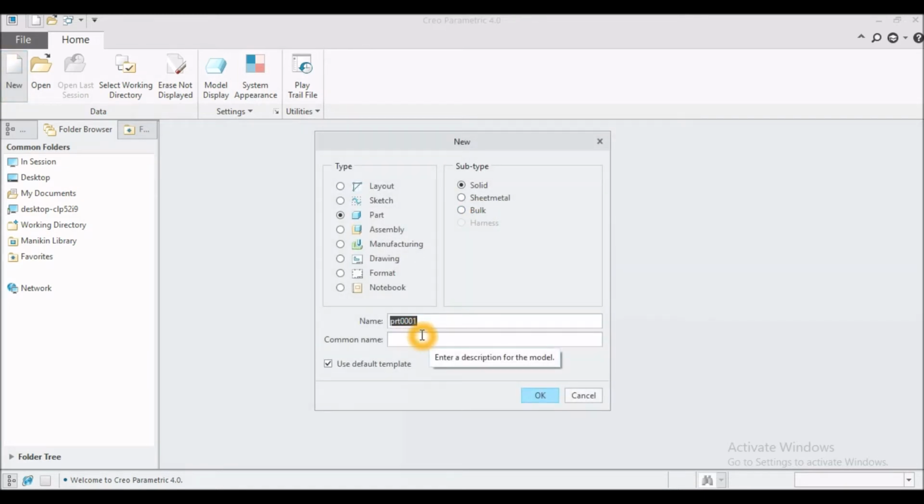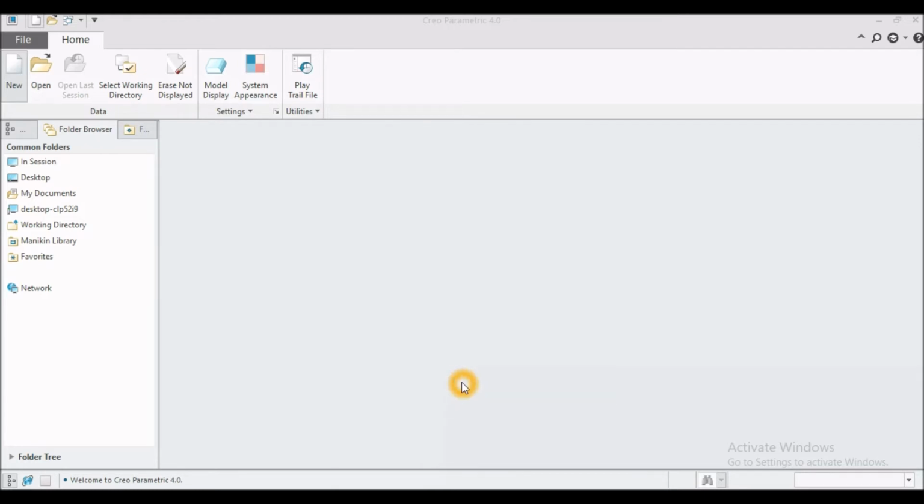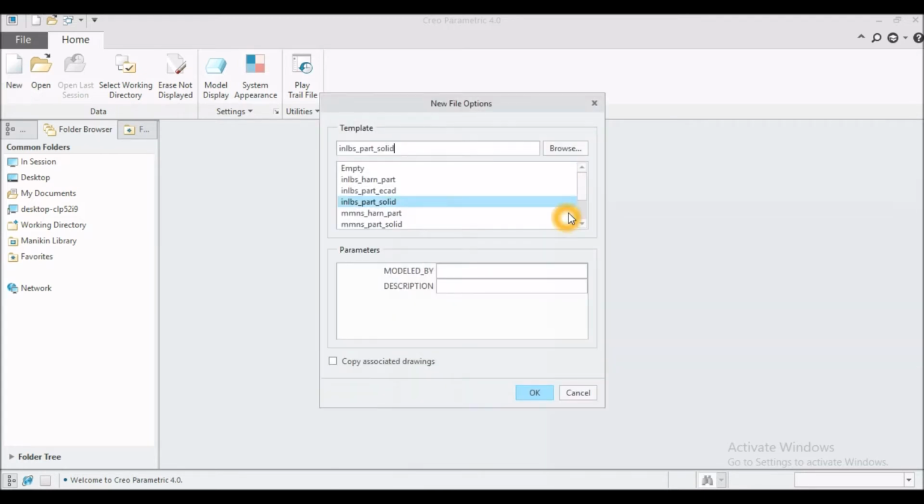Let us take part name, example. You have to check part and solid. Disable this. Okay, here is the measurement unit, so let us take mmns part solid. Okay,